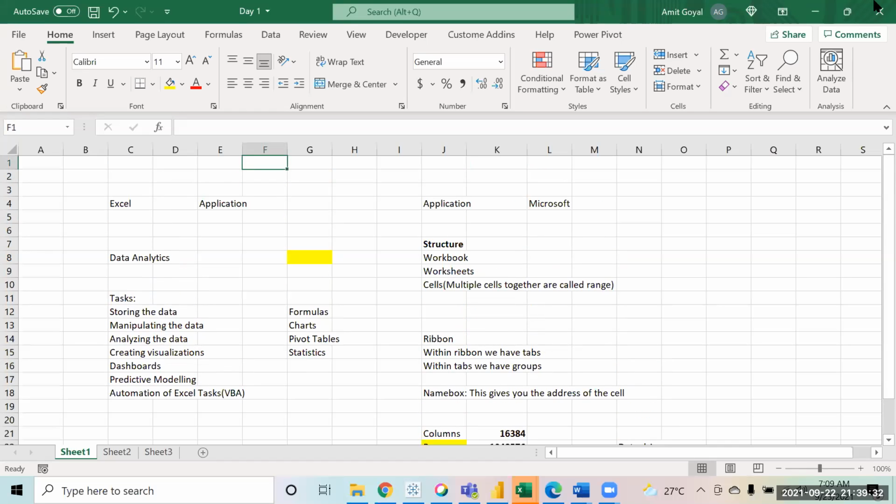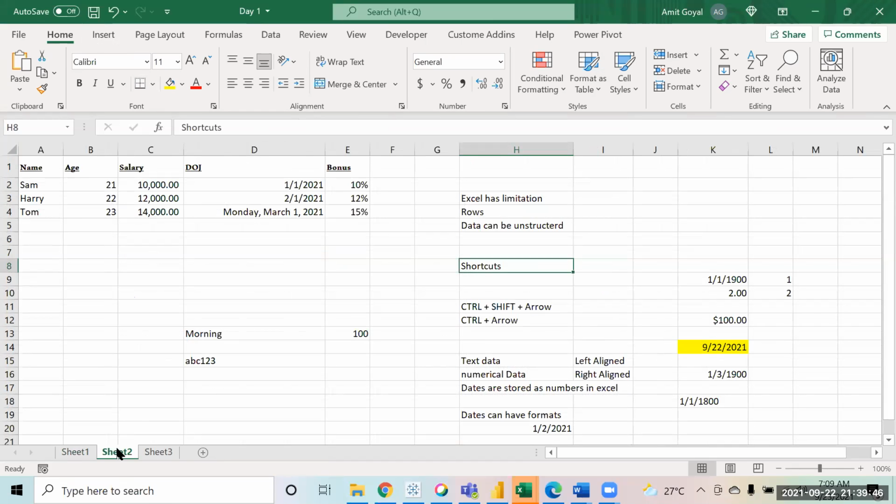We talked about how we can do certain formatting, like background coloring, changing the font style, alignment, and how data is stored when it comes to text data, numerical data, and dates. Those were the things we talked about, and a couple of shortcuts for working in Excel.